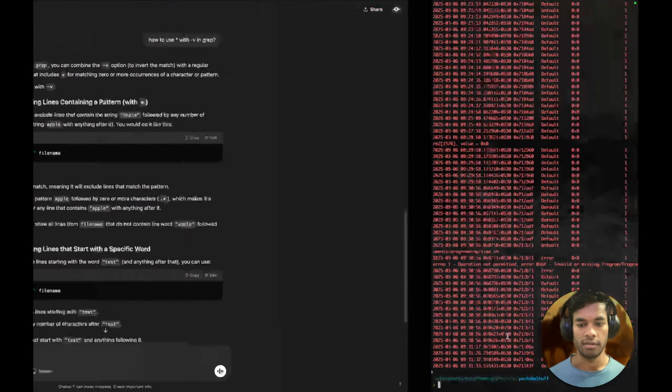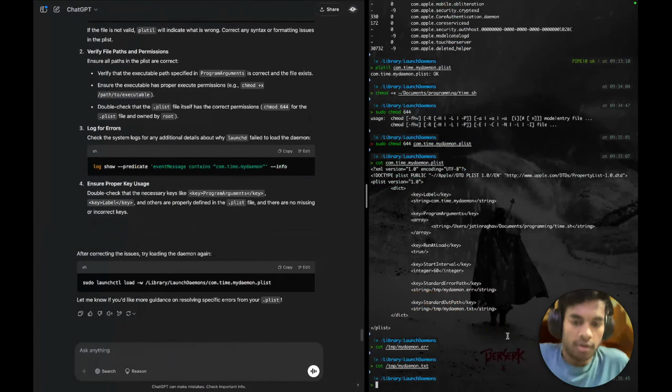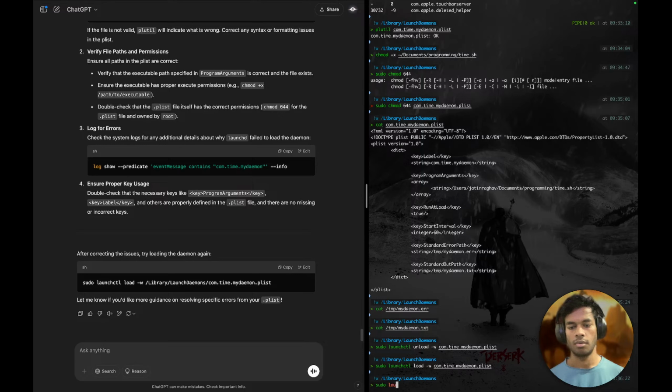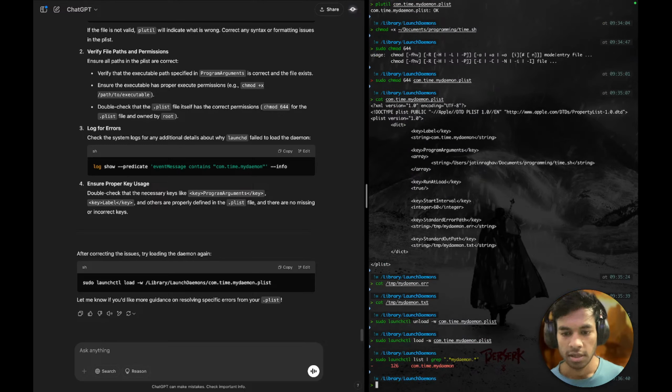Okay, I got a bunch of errors. That should be okay to run. Let's see. Sudo launchctl unload -w com.time daemon, right? And now sudo launchctl load -w com.time my daemon, and sudo launchctl list, and I want to grab my daemon from that list, and the code is 128,